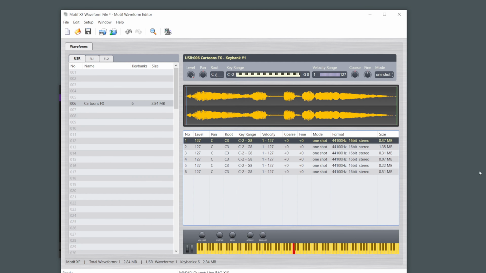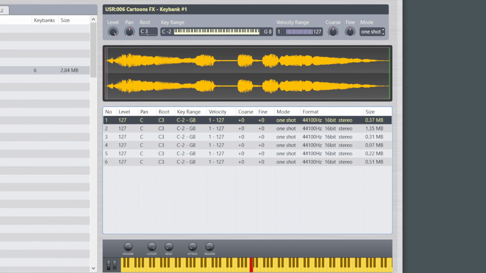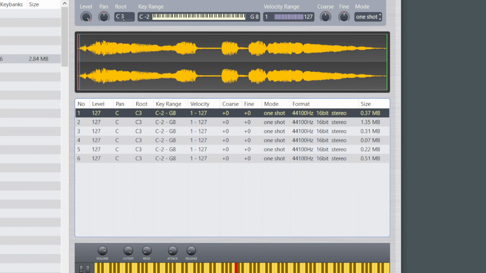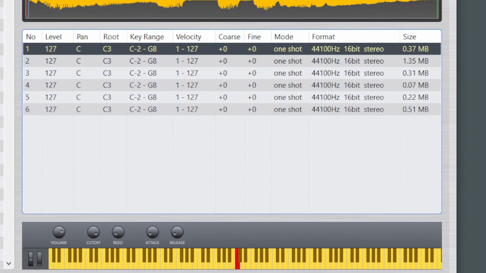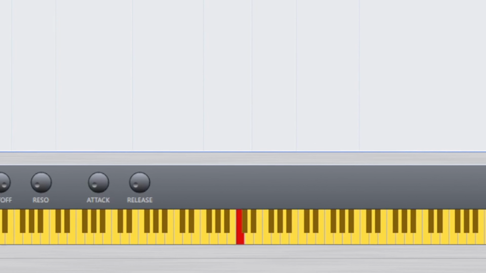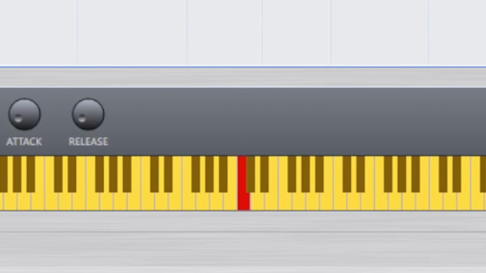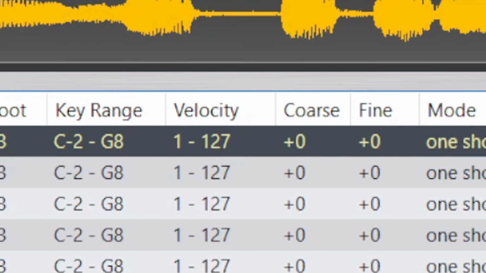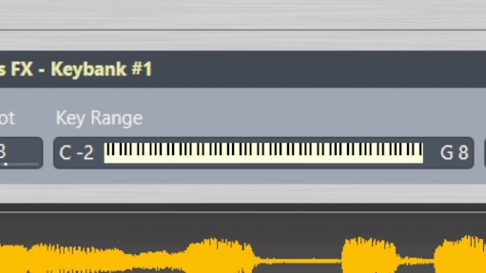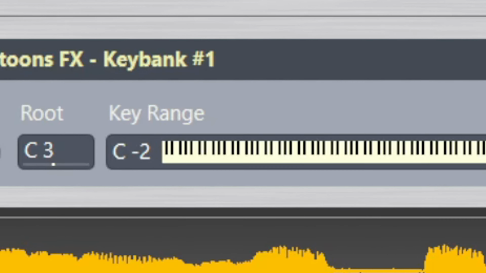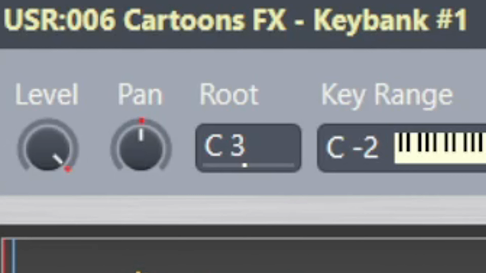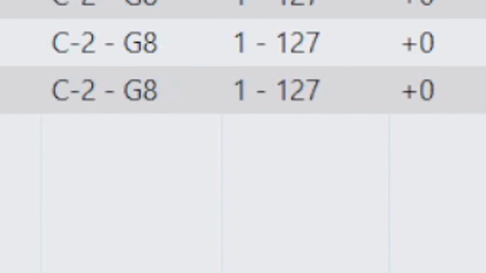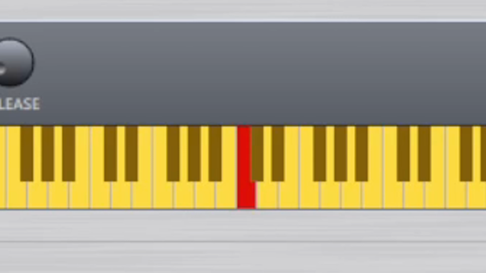Once you've got all your samples sounding just the way you want them to sound in the sample editor, let's go through and set the keybanks for each one. By default, all the samples in your waveform will play simultaneously anytime a key is struck, with middle C being the default root note, and with the keybank range spread across the full keyboard. The root note in a keybank will play a given sample at the same pitch and speed at which it was recorded,